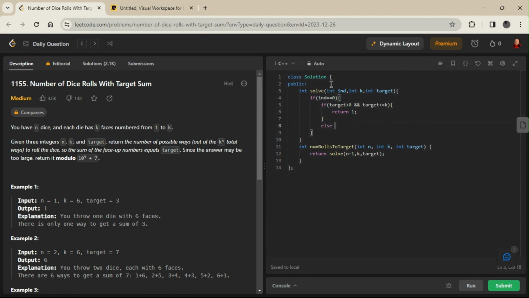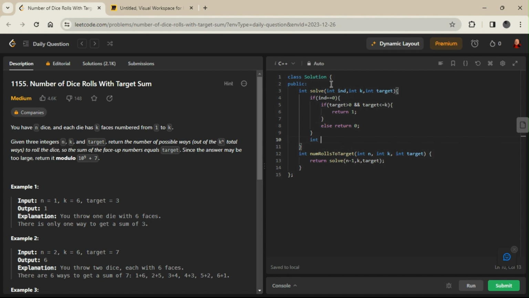If target is less than 0 or greater than k when we reach index 0, there is no possible case, so we return 0. So now the base case is finished.